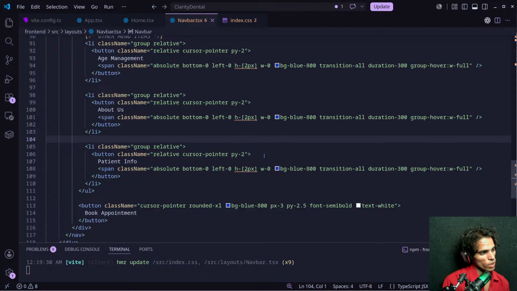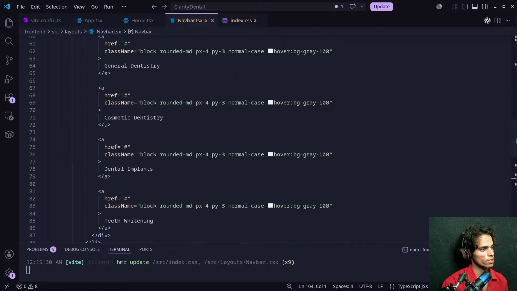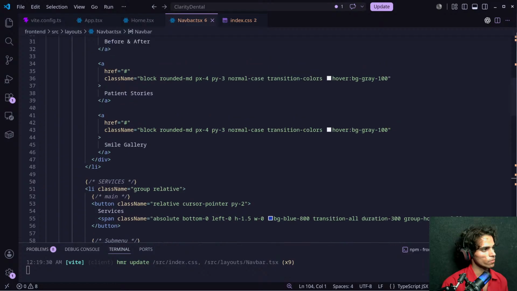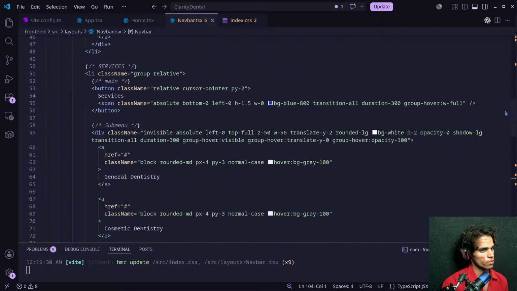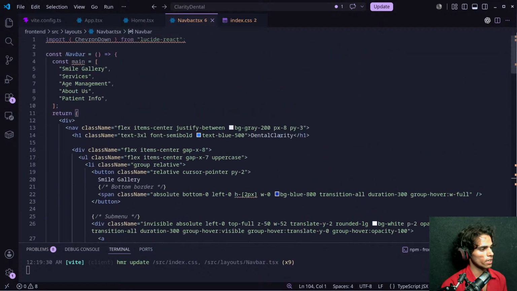We can see we are using the same styling and everything.